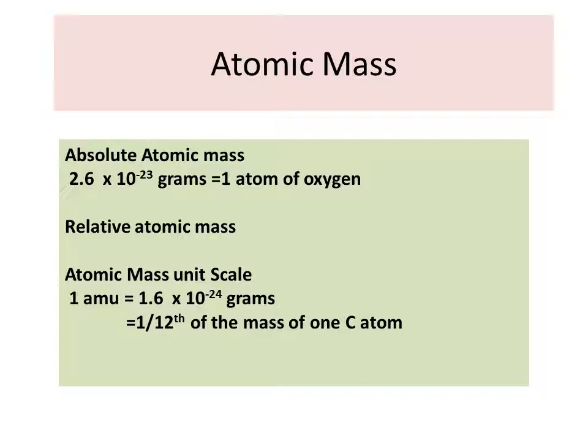And why have we selected carbon? Why not oxygen? Why not hydrogen? Why not chlorine? Why not zinc? Because carbon is the most abundant element on earth. It is found in all living beings. It is found in our atmosphere, everywhere, somewhere in bound shape. So carbon has been selected.